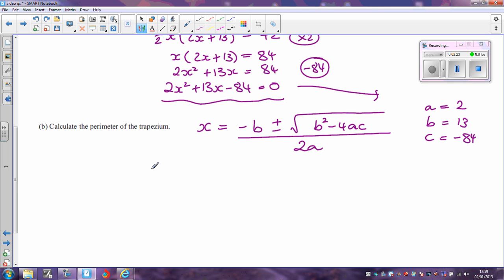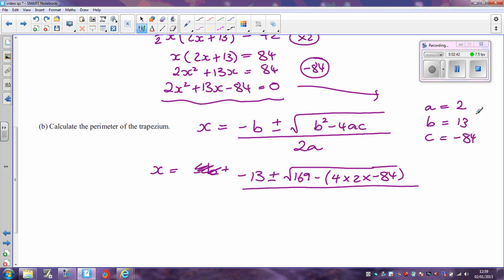So let's just put that into the formula. x is going to equal minus 13 plus or minus the square root of b squared, in this case 169, minus 4 times 2 times minus 84, and that is all divided by 2a,